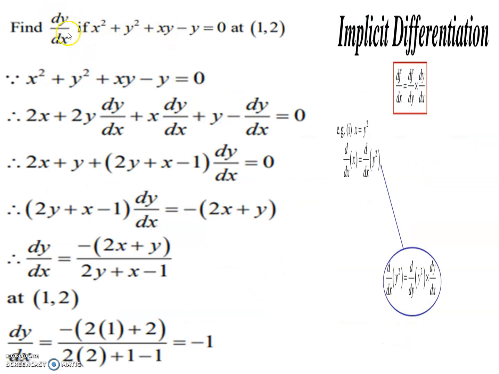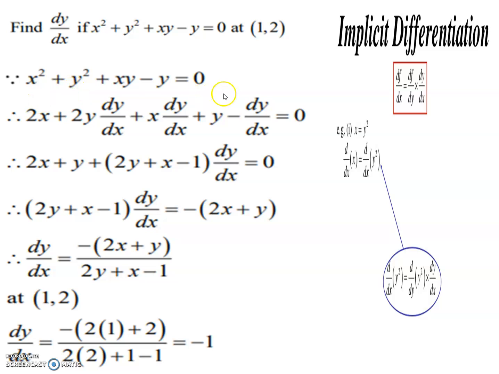Now we take the derivative example again, implicit differentiation, df upon dx, df upon dy into dy by dx. We take the separate derivative of x square, y square terms or xy term. F in bracket x comma y is equal to 0. That is called implicit function, and implicit differentiation is based on the derivative of x and derivative of y in separating form. Let us check. They gave the point, that is x value and y value is given. x square plus y square plus xy minus y is equal to 0.